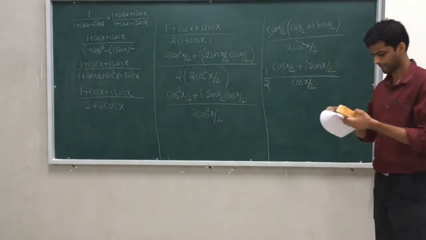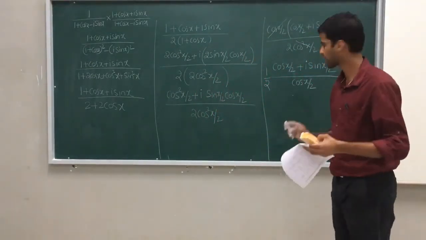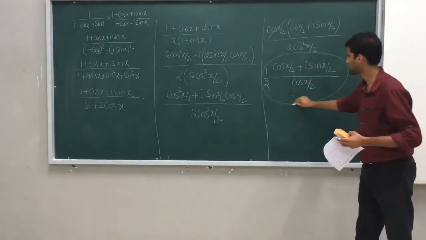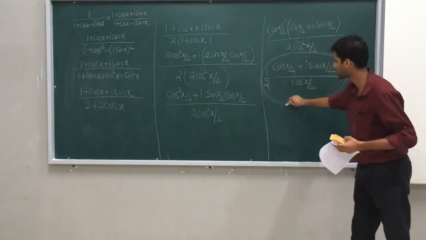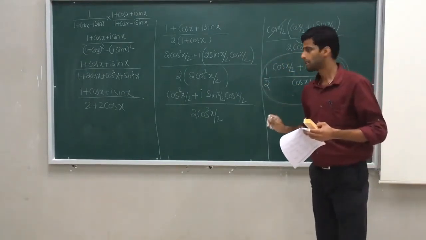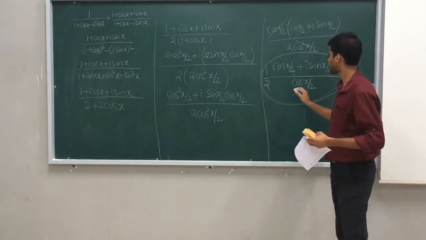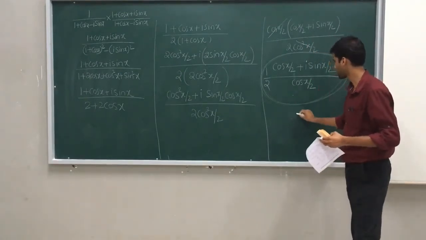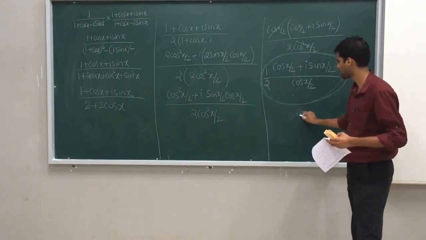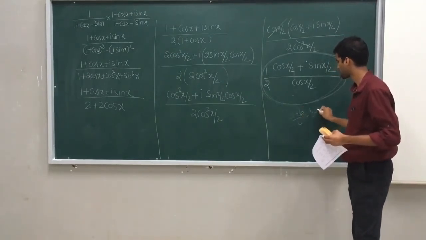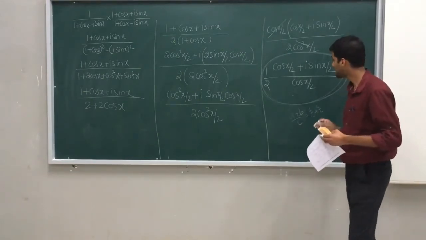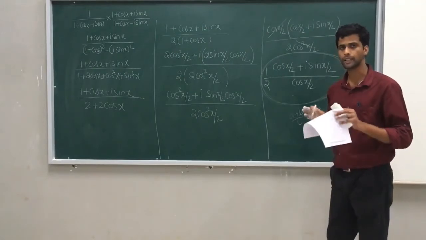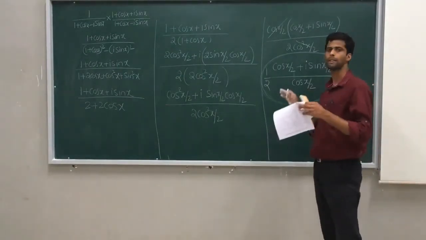So you do one thing. You just check possible ways of simplifying this. Because I have one question for you. We all know that (a plus b) by c can be written as a by c plus b by c. Is it applicable here also or not? Think about that.